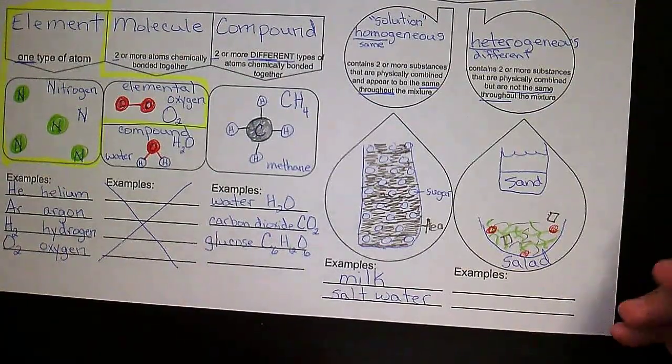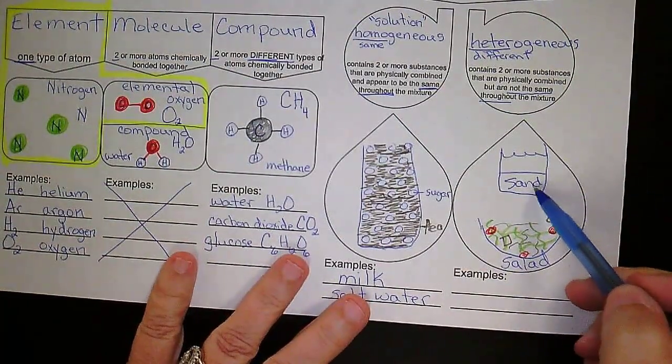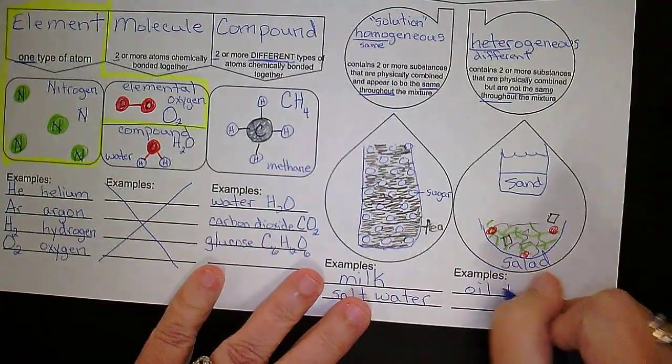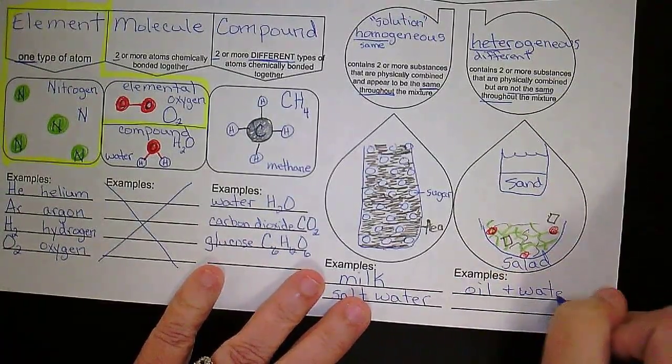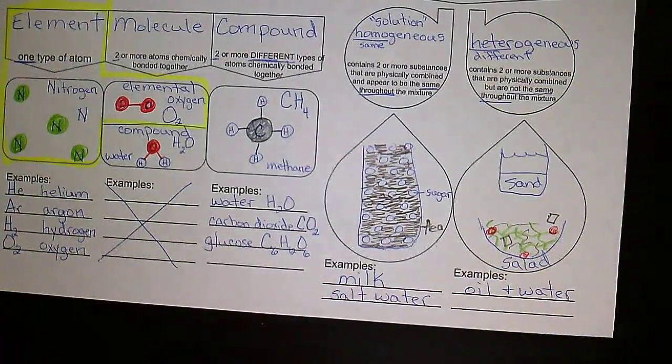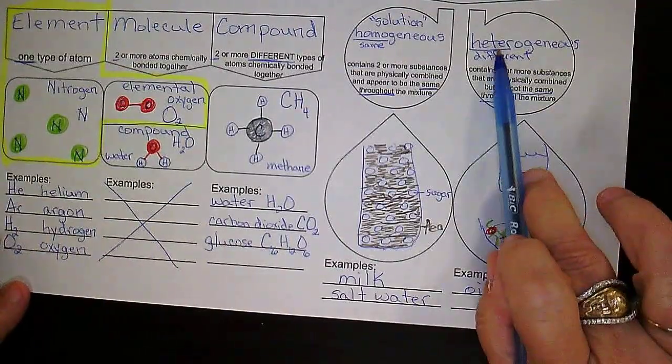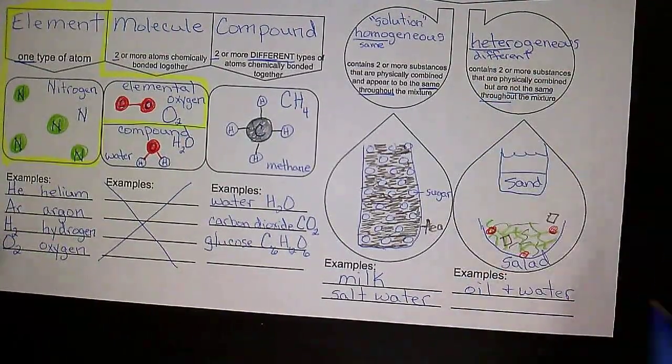Water and sand mixed together, because the sand's going to fall out at the bottom. Oil and water. If you've ever had a vinaigrette dressing on salad, you know that if you let that jar stand or sit for a little while, it starts to separate into different layers. It's not the same throughout. And so that's what we're talking about when we talk about these heterogeneous mixtures. So now let's take a look at your